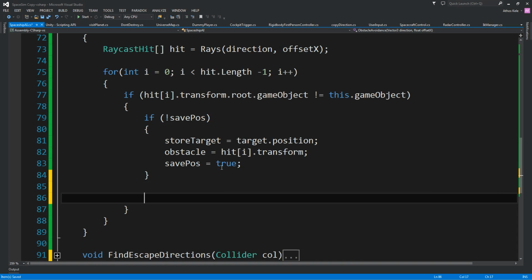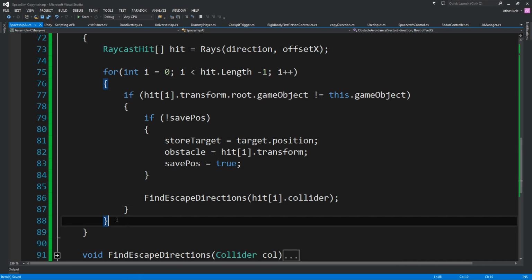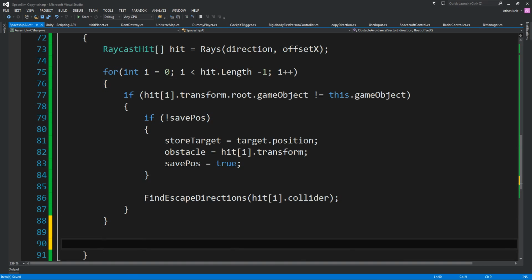And now what is the next logical step is, of course, find the escape directions and the center from which the obstacle we need to find is the hit I.collider. So we need to escape from the collider we just found. And now that we have all our escape directions,